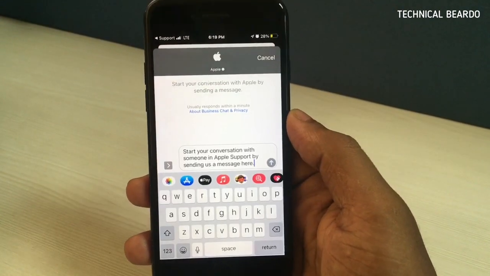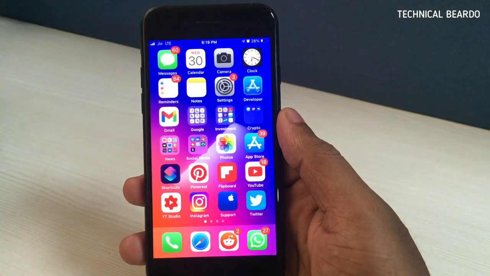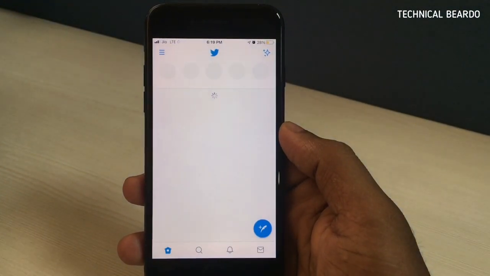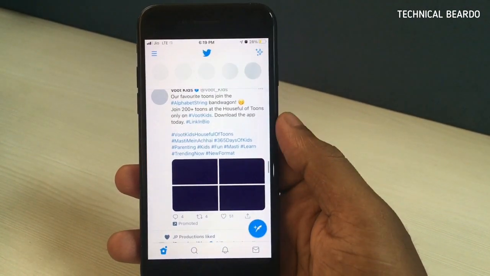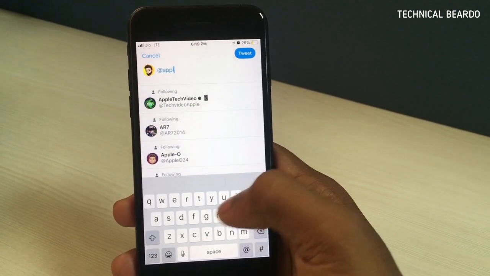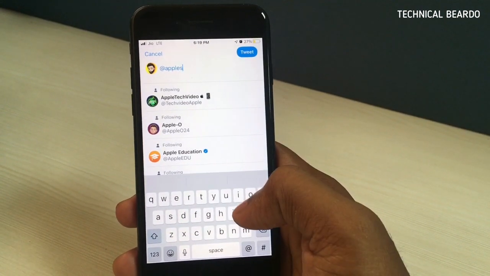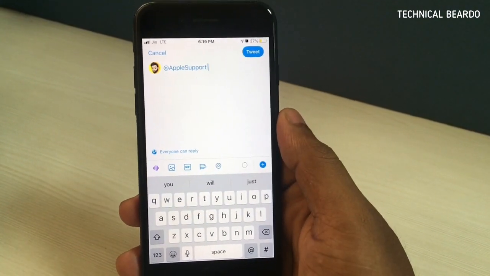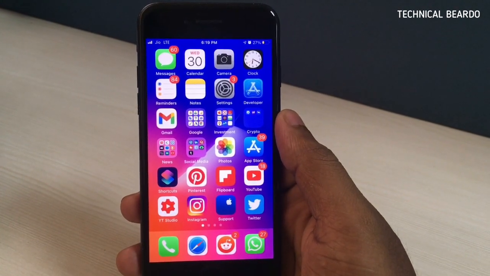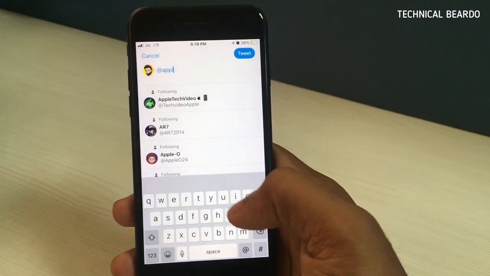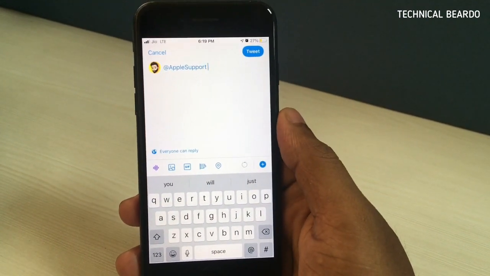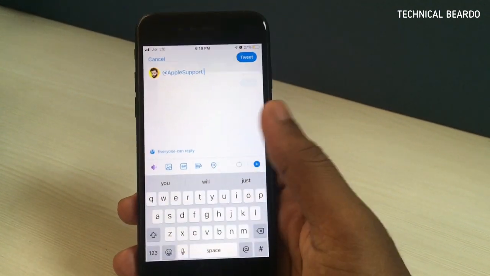So guys, after the Apple Support application, now comes the next option, that is Twitter. If you're using the Twitter application, just open Twitter and tweet them @AppleSupport. So here you can talk to them, you can tell them the issue, they will personally DM you and you can tell them the issue faced by you, or you can share media like a screenshot of all the issues faced by you. So they will guide you there also. These two things will get you instant reply or instant support from the Apple support team, that is the Apple Support application as well as Twitter. Both ways they are very active in solving the issues.